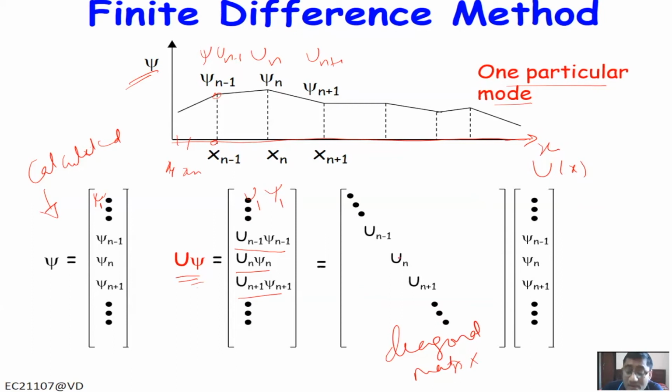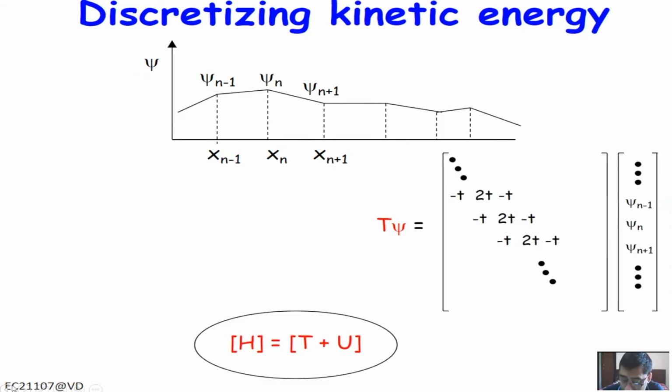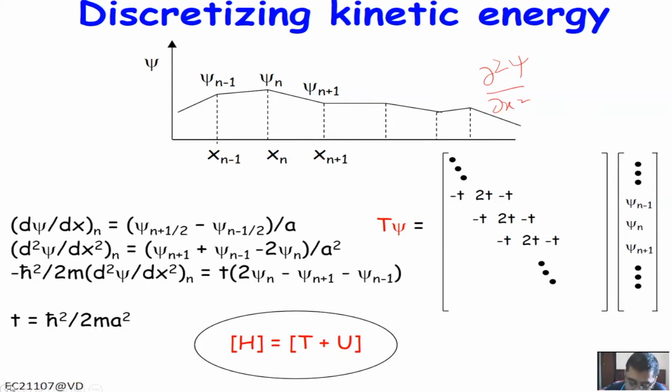So this is one term in your Schrodinger equation, U psi. So U psi is sigma U n psi n, which can be represented in matrix form like this. What about the second one? The second one is the derivative, so this is del 2 psi by del x square. And del 2 psi by del x square can be written as